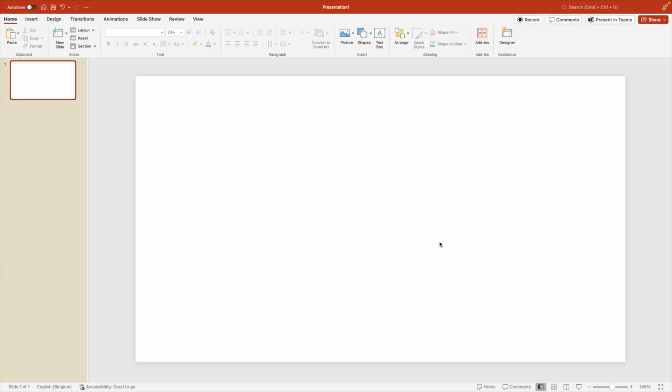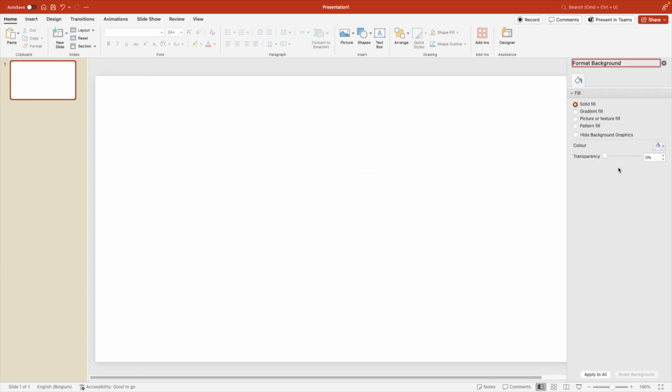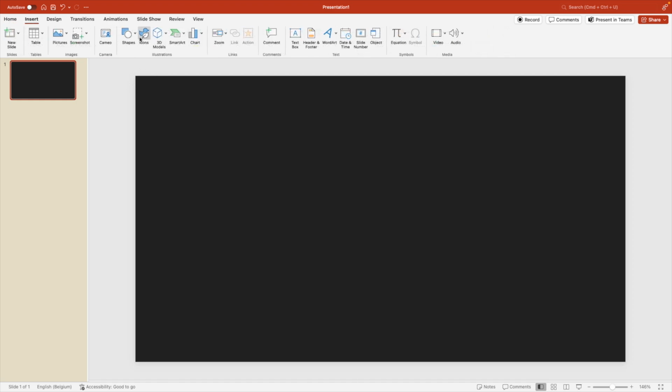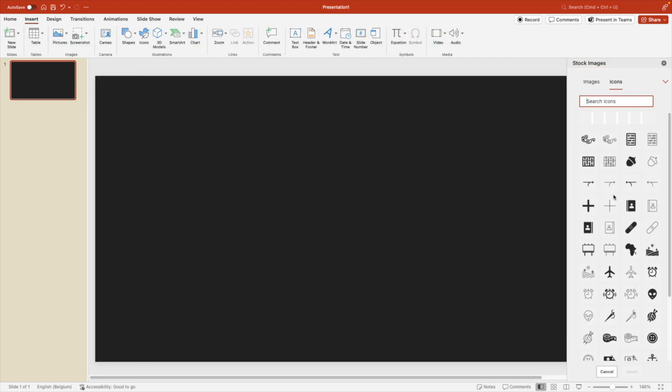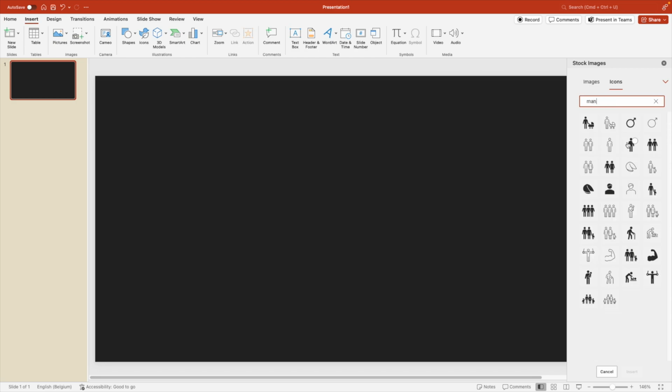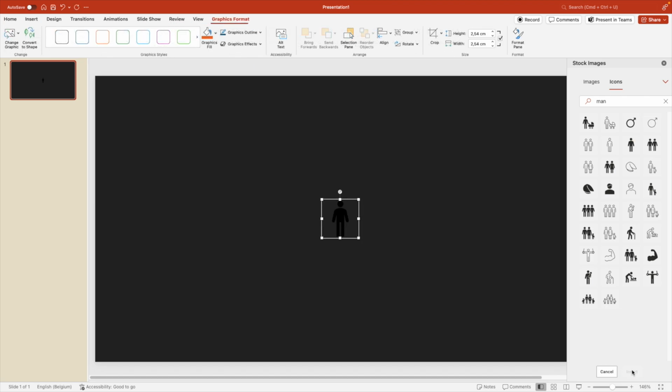So we're starting from a blank slide. First thing you want to do is change the background to have something that correlates to the template. So let's go for a dark one. And now we want to recreate the icons. So we go to Insert, Icon, and here we can find an entire library. So if we type in man, we can find the basic icon here of a person, and we insert that